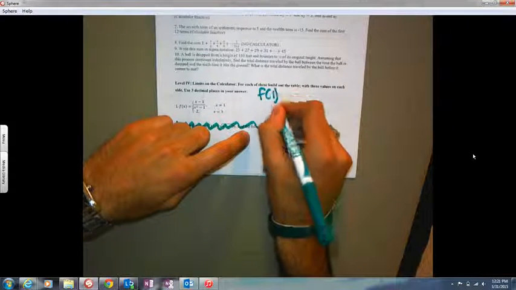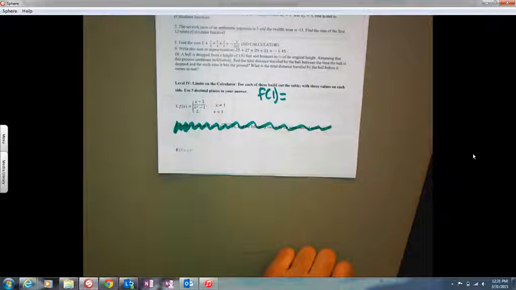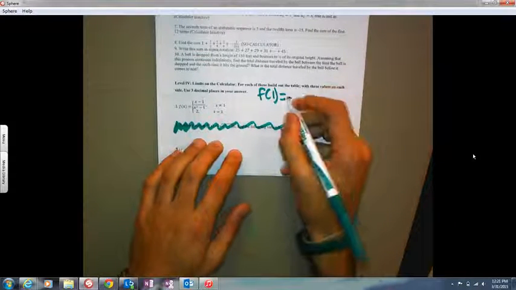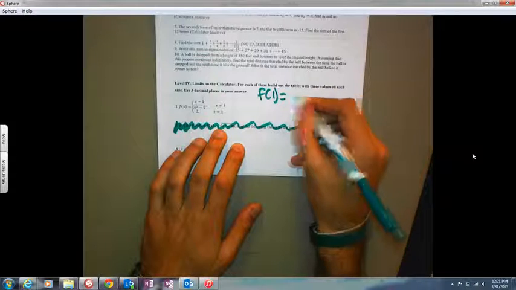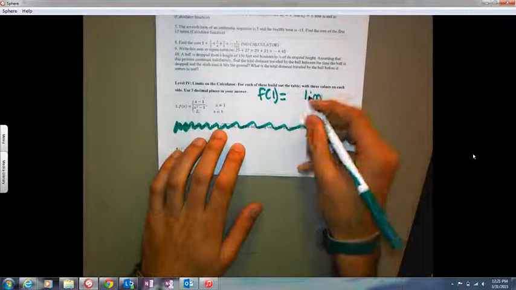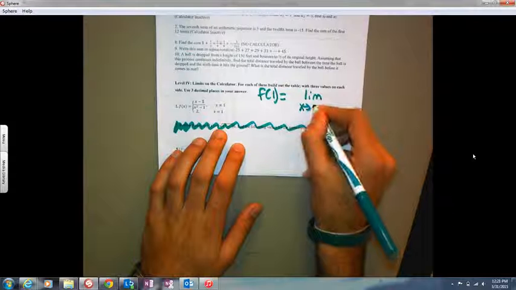Here's what we need to find for problem 1. And again, I just forgot to type this. On all the other problems, they're typed correctly. It just got left off here. So we need to find